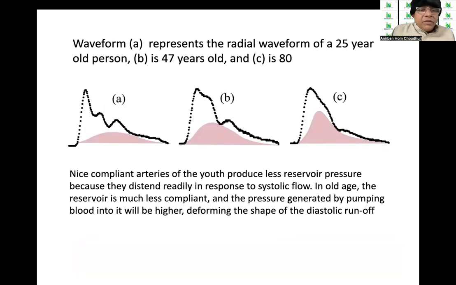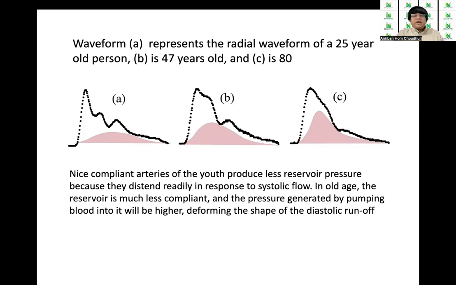So if you can see waveform A, this represents a radial waveform of a 25-year-old person. You can see how smooth this dicrotic notch and the incisura are, followed by a gradual decline of the diastolic runoff. B is a 47-year-old and C is an 80-year-old. So with age, you can see that the diastolic runoff becomes a bit less prolonged, and also